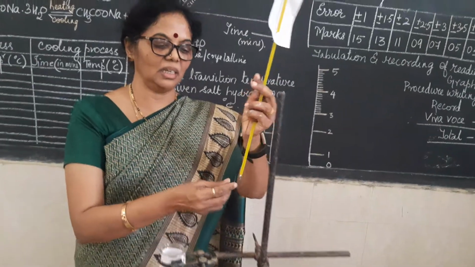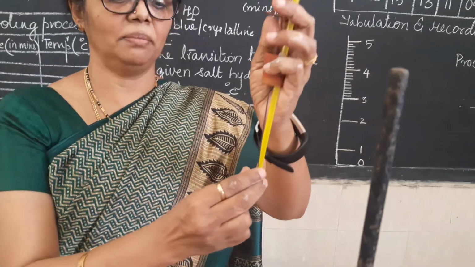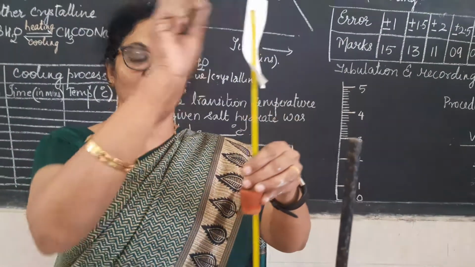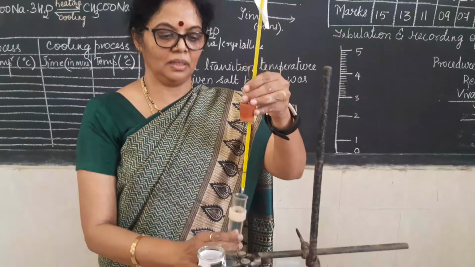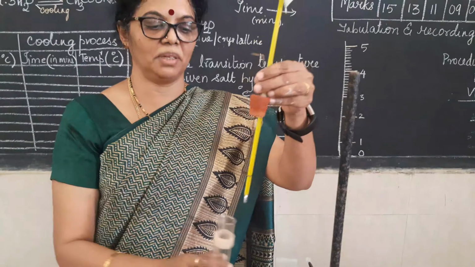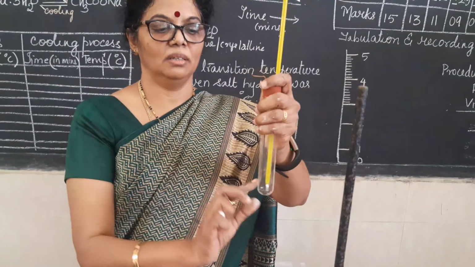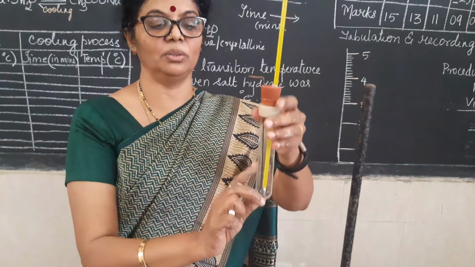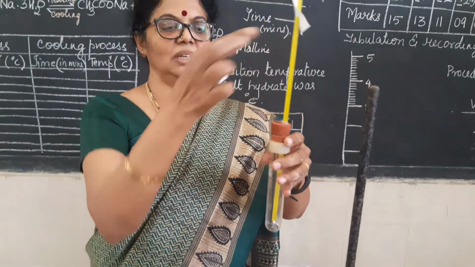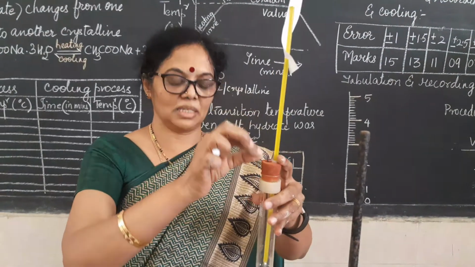The stirrer is a copper wire which has a ring at the bottom, and through this ring is passed a thermometer which helps us to record the temperature. Both these are introduced inside a 2-hole rubber cork, and this rubber cork is fitted to the inner tube. So we have the inner tube, the thermometer, the 2-hole rubber stopper, and the copper stirrer.